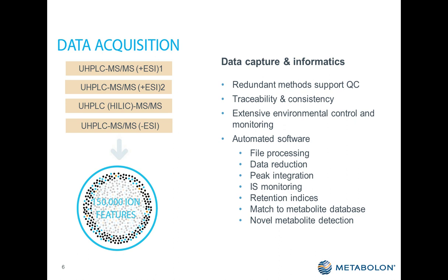All of our instrumentation is maintained in a ClearCap certified laboratory in a totally controlled environment. We control the temperature in the lab to 68 degrees Fahrenheit, plus or minus 2 Fahrenheit. The voltage to each instrument is smoothed to plus or minus 1 volt. It goes through a UPS system and a backup generator. So we have 24 hours of backup power to each one of the mass spectrometers, and then a mains natural gas generator that goes to all of our fridges and freezers, allowing us indefinite power supply to the